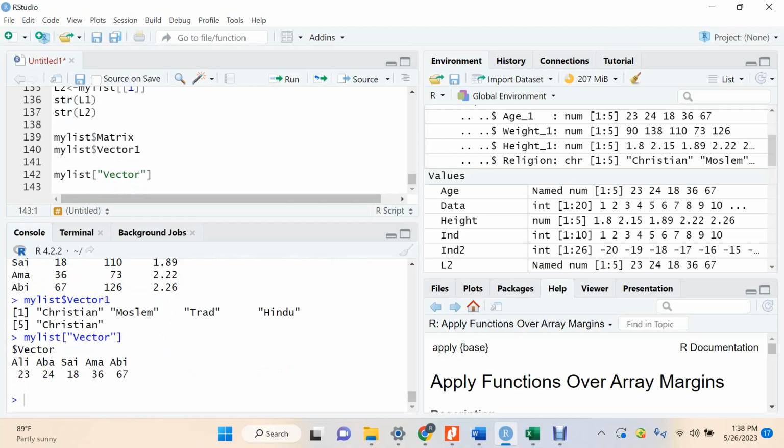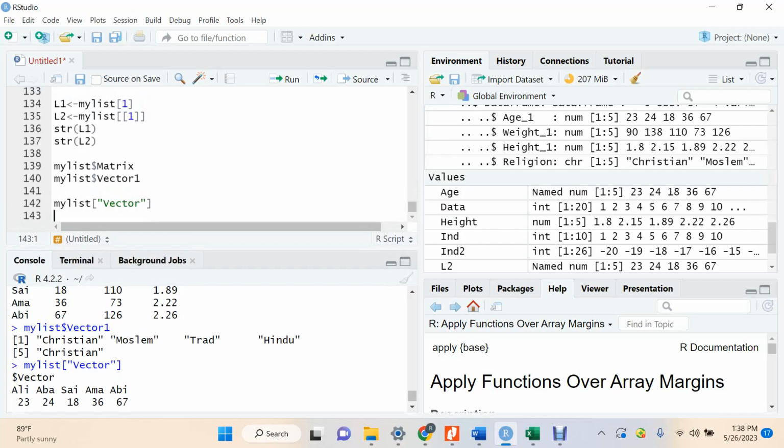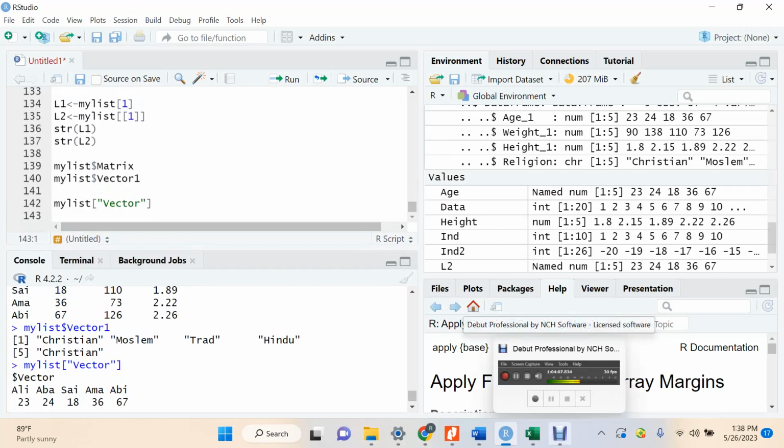So that's it about the data structures. So our next topic will be on data